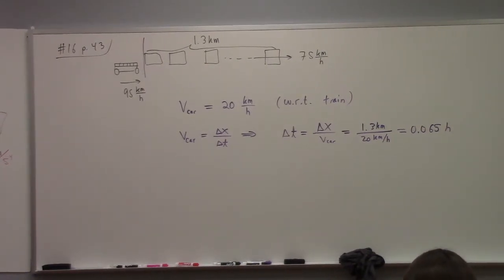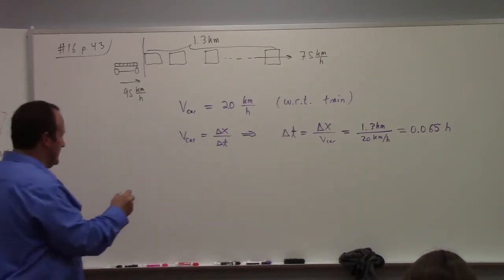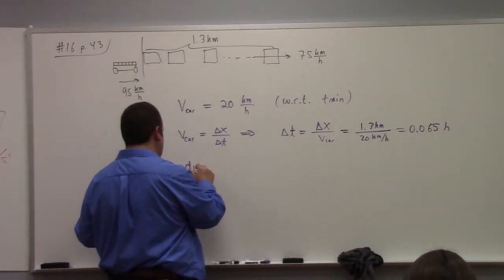So how would we answer that? How far has the car traveled? Now, what is that saying? That's asking how far the car has traveled with respect to the frame of reference of the ground. Right? So how fast is the car going with respect to the ground? What's that? 95. Right. So to find the distance